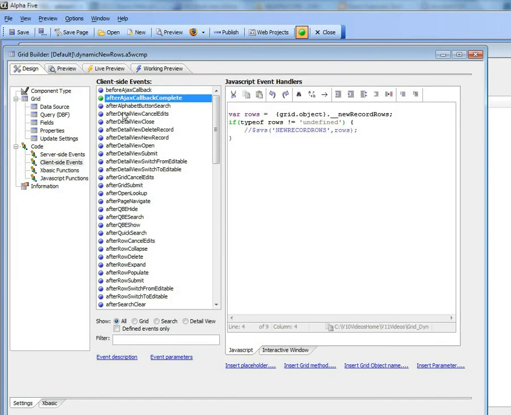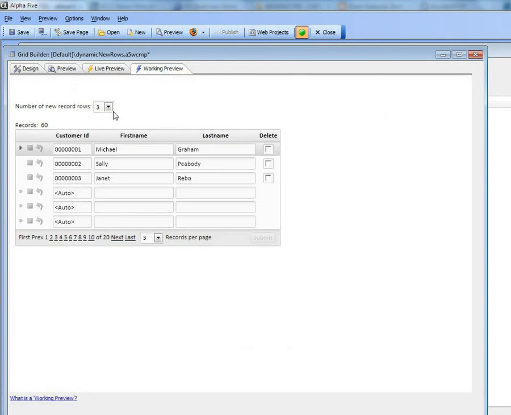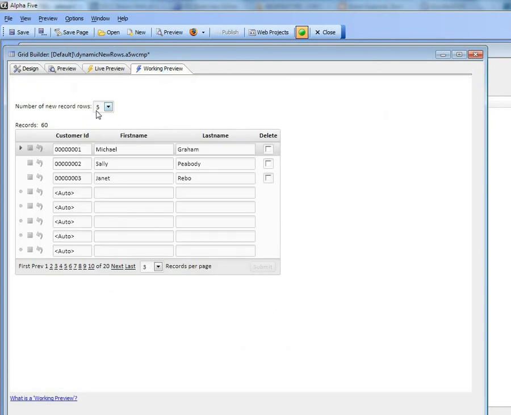So what we're doing here in the after AJAX callback complete, we're just simply setting the value in that drop down box back to the value that was put into this grid object variable over there. So now when we run the grid and we change it to 5 records, it still shows 5 records after